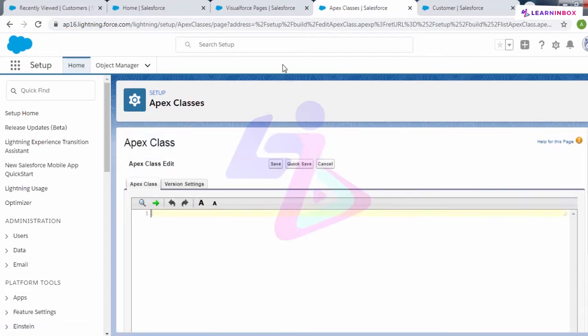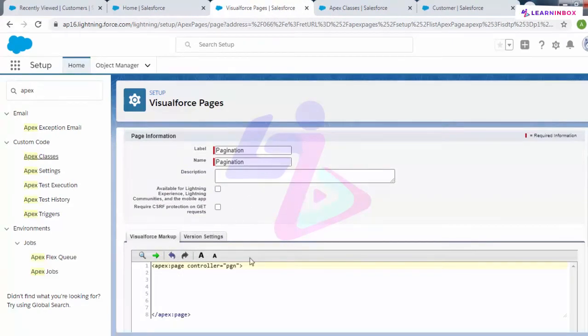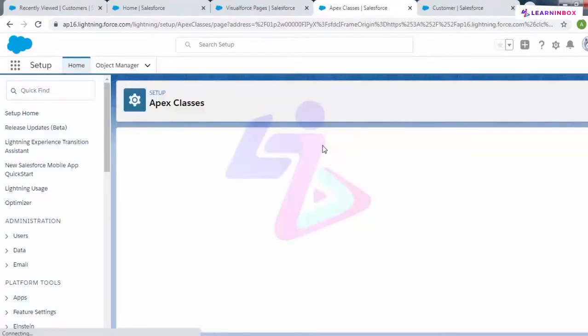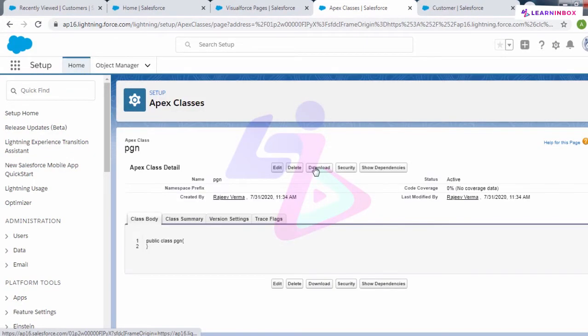See, now whatever name we have specified here for the controller, same name we have to give to our Apex class. Okay, so let me write public class PGN, because this is the name I have specified here. And let me end this and let me save this. So now this Apex class would get saved with the name PGN.